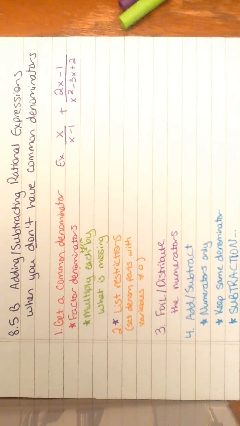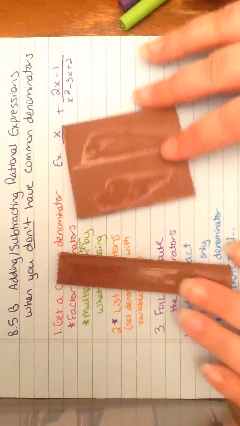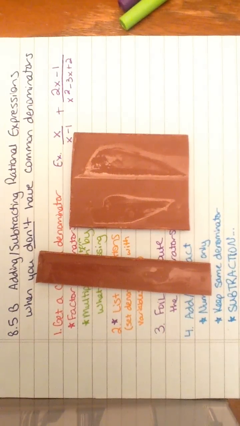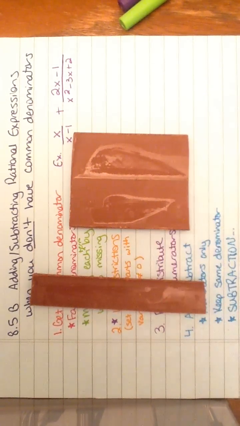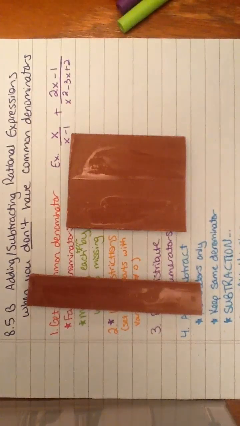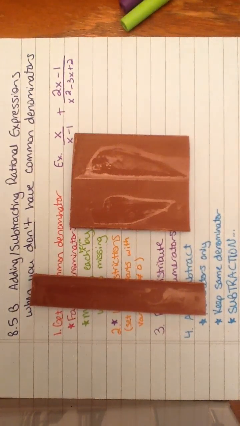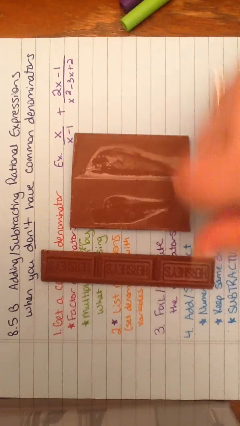Okay, so what I want to look at first is these two pieces of chocolate. If I want to add these two pieces of chocolate together, right now it's kind of tough because this one's long and skinny and this one has more width to it, correct? So it's tough to add these two pieces of chocolate how they lay. If you're looking at them like this, that's a little confusing, but if I flip them over,